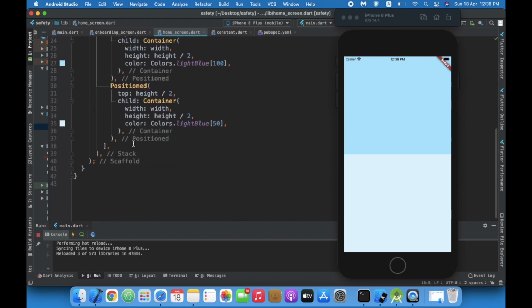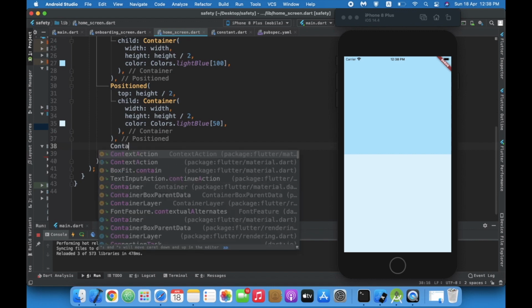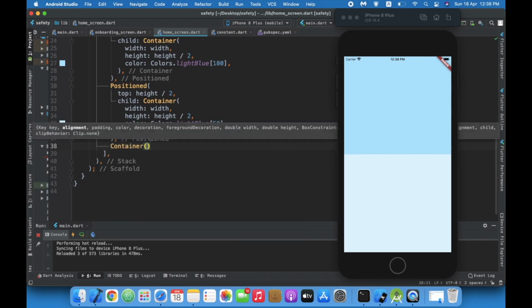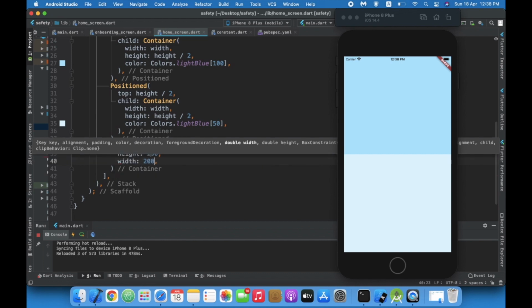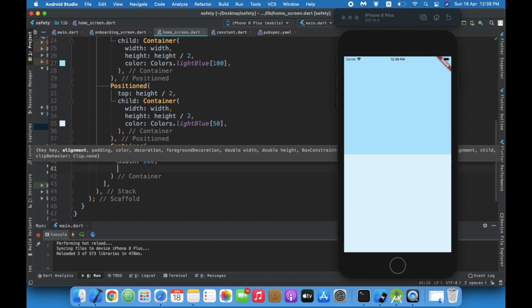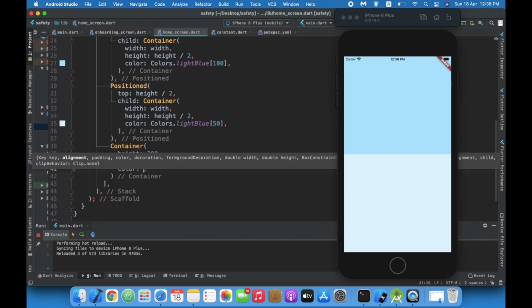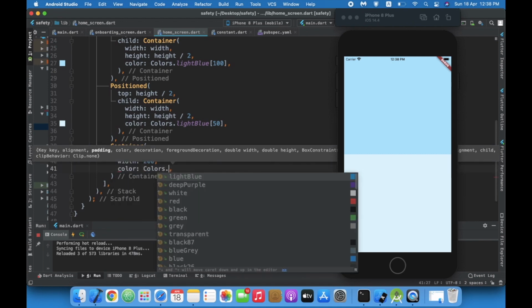And then we're going to create one more container at the bottom. So container, this container will have height of 200, width 200, and color dot white.